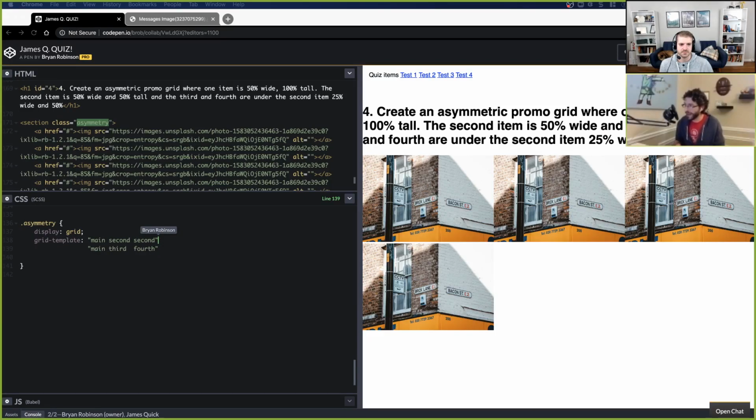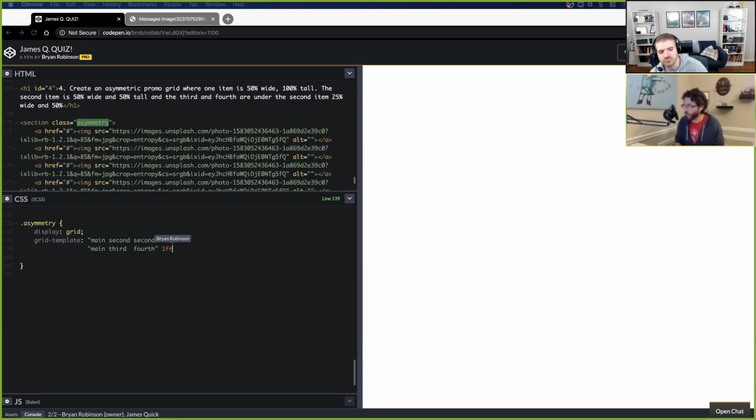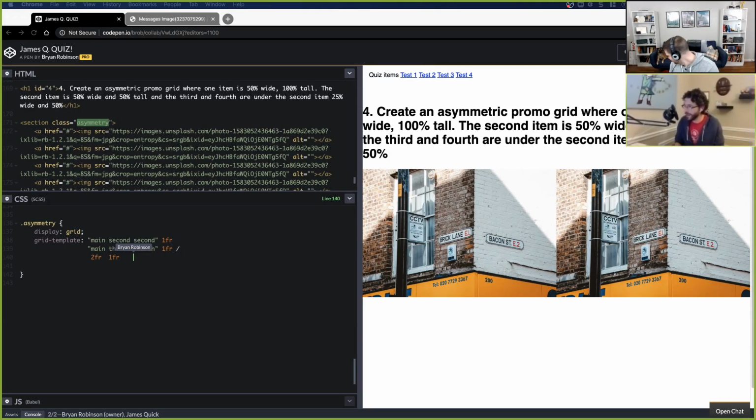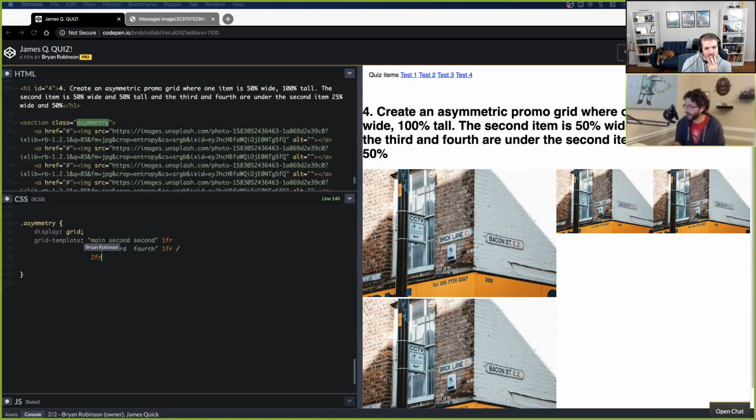But the cool thing that adds syntactic sugar on top of this, which is not in that video and not in any of my tutorials, is that we can actually name out our sizes for our rows and our sizes for our columns in this. So we can actually say this is a 1FR space, this is a 1FR space, slash, and then we can come in here and we can say this is going to be 2FR, and then each of these is 1FR, right? And I think I've gotten all the syntax correct there.